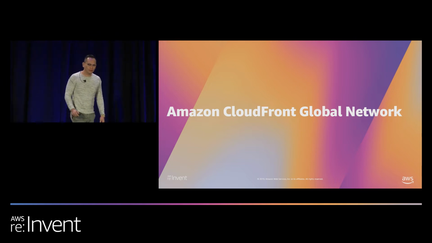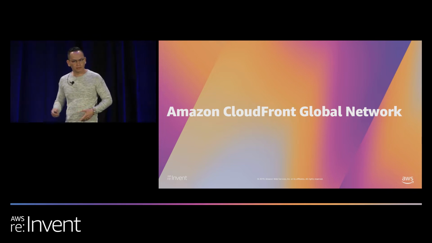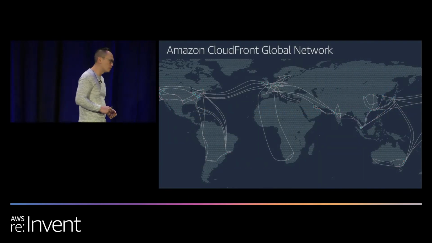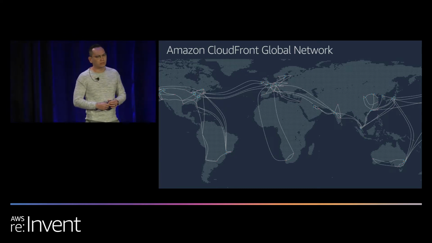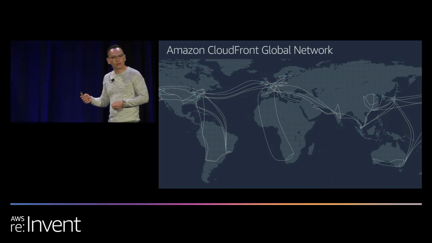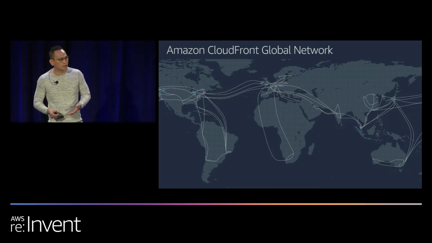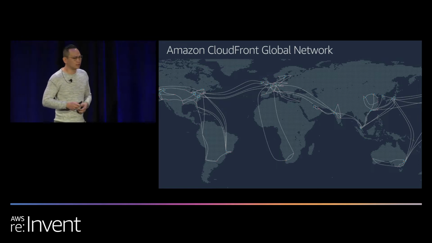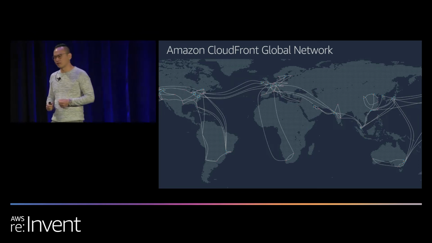Awesome. So now that we've shared with you some of the results that you're able to achieve by using our service, let's take a look under the hood. Let's take a look at our global network, and particularly in this part of the talk, we're going to be talking about our backbone network. Earlier, I showed you a slide that had the eyeball view of our global footprint, and I mentioned that between these edge locations and our AWS regions, we have a global backbone network that's privately managed by AWS. This backbone network is very significant to our service and gives us the ability to provide our customers with consistent and reliable performance. And we're going to dive into detail about that.